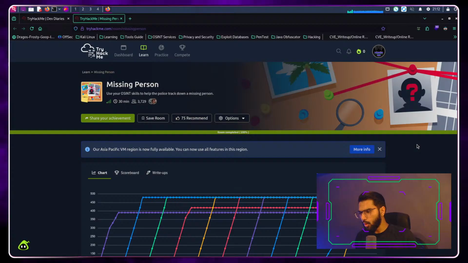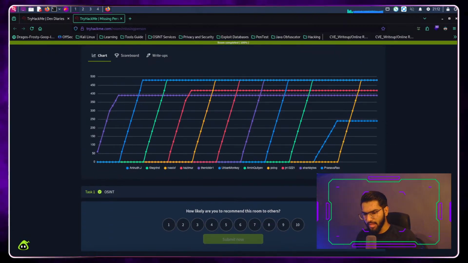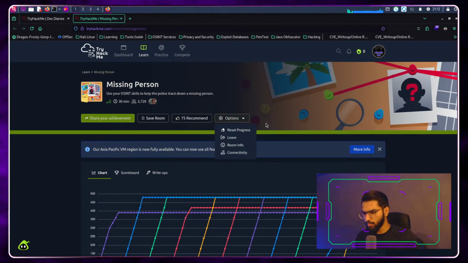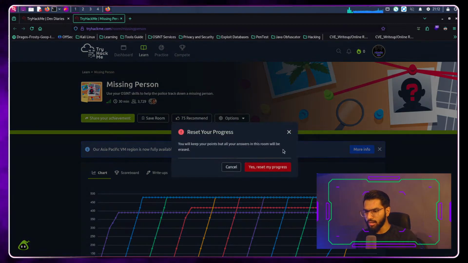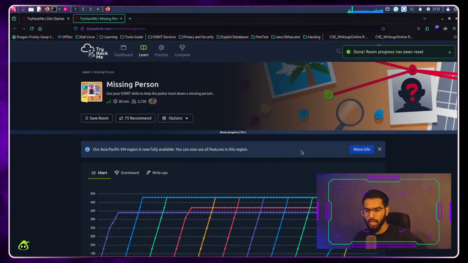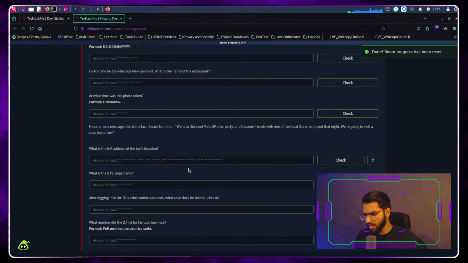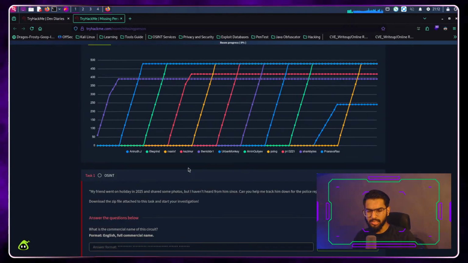I will probably reset the entire room so that we can all go in the same phase. If you're following along with me, we can start answering all of these questions together to finish this room as well as learn something about OSINT.